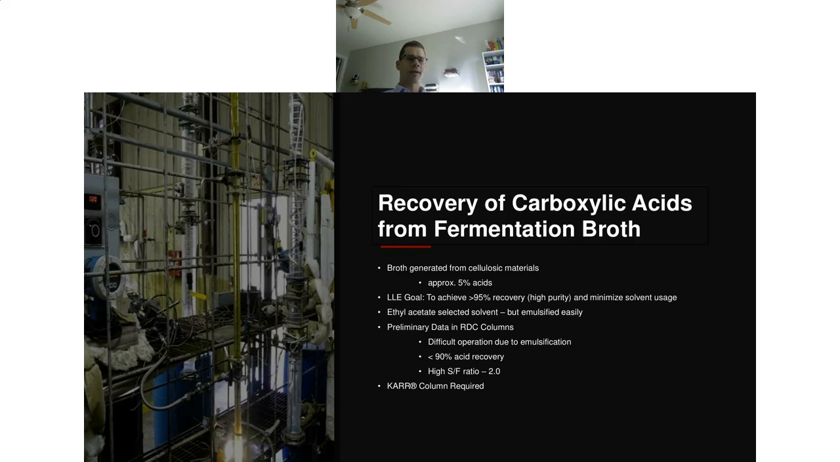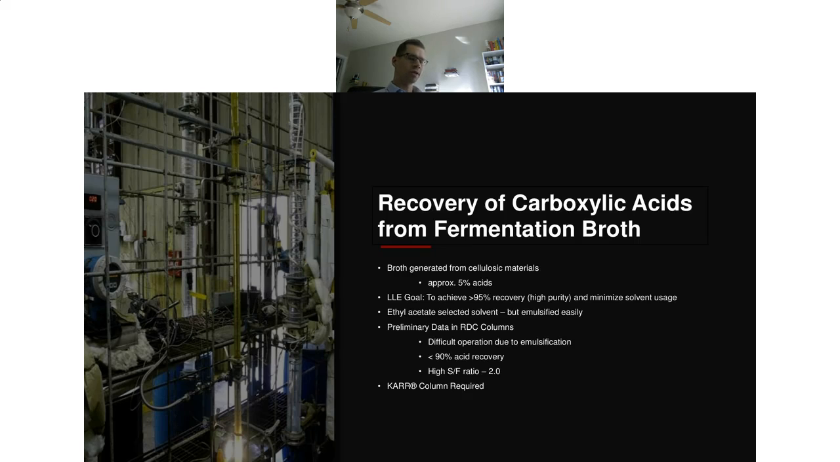Ethyl acetate was the solvent selected by our customer for this process, but they noticed that it emulsified very easily, even when they just conducted shake tests. So they also tried running this in an RDC column, which is a rotating disc contactor column. And that column, similar to a miscible, since it's rotating, it's not great for processes that tend to emulsify. And that's what our customer found, that it was very difficult to run this column